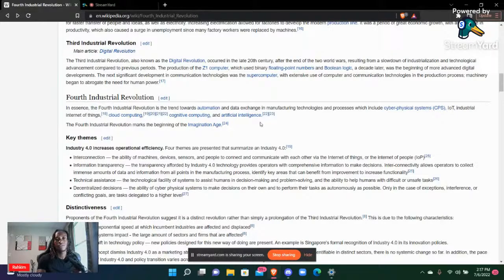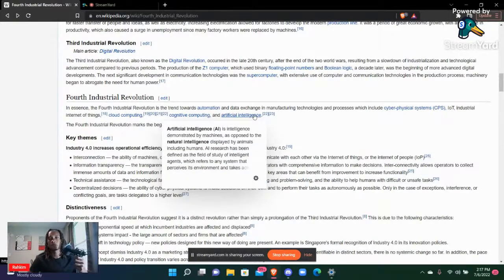And just to get a definition read for y'all on artificial intelligence, artificial intelligence is demonstrated by machines as opposed to natural intelligence, which is us human beings who have that God essence in us. And natural intelligence, just by us looking and learning something and trial and error, they're basically saying artificial intelligence allows machines the same ability to learn and process information like we do and learn from trial and error and things like that. It says AI research has been defined as the field of study of intelligent agents, which refers to any system that perceives its environment and takes